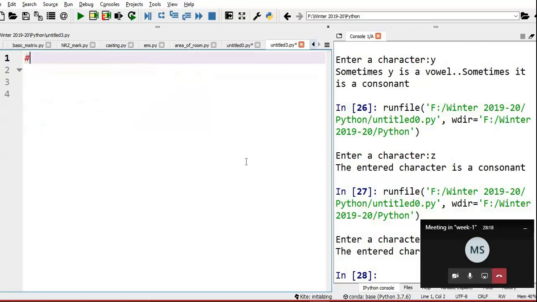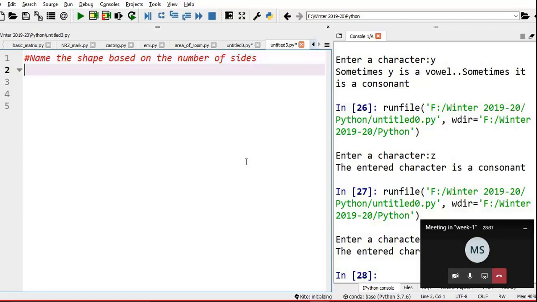This code is to name the shape based on the number of sides. So first we need to get the input, the number of sides.